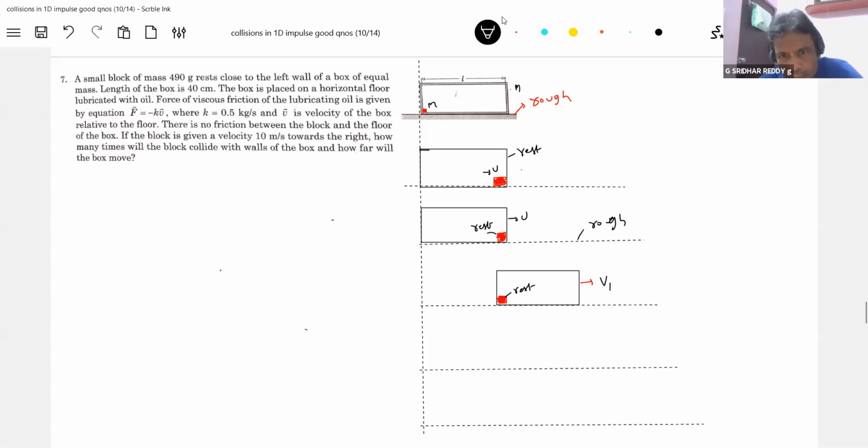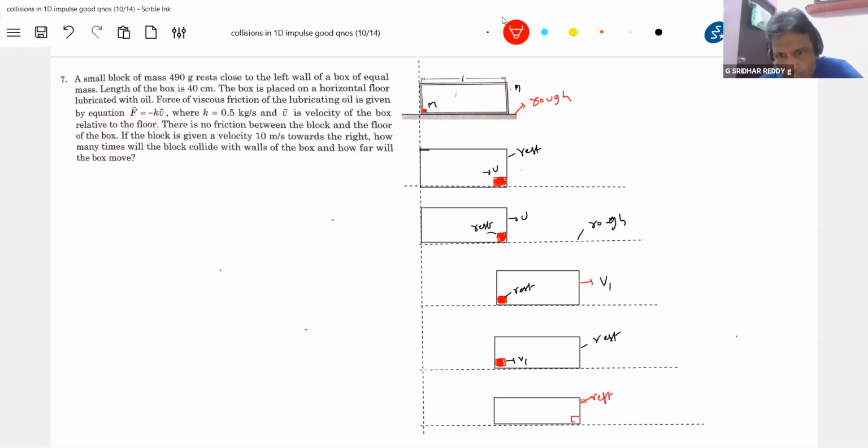So then here the block will come to rest, so the box will come to rest, and the block will acquire that velocity. How to calculate v1 we'll see, because the frictional force, the viscous force, is varying with the speed. Now, let's see that one. So this will have velocity v1, and the box will come to rest. Now the box will be there only. See this sequence, when you draw one or two diagrams, I think you'll come to know what to do. You need not get scared, and this will be at rest.